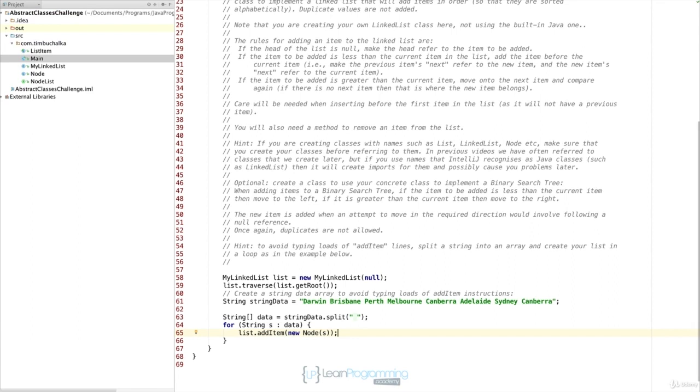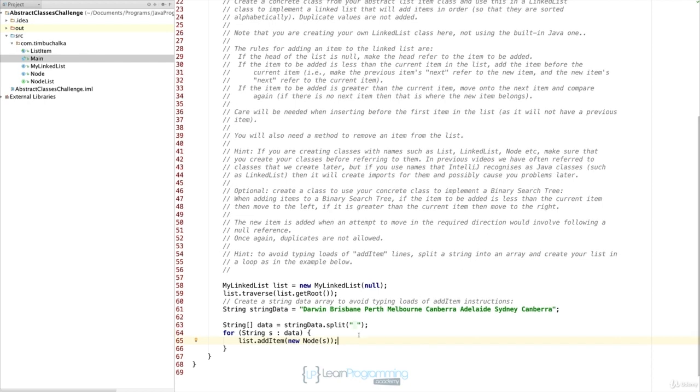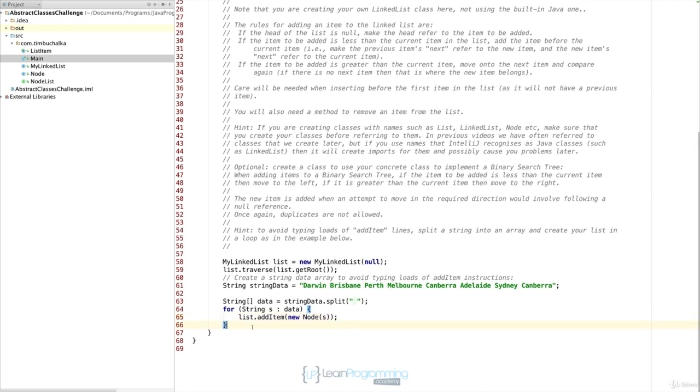And just a confirmation, we talked about that briefly, but the string split method returns a string array, as you can see on the screen on line 63. And it returns a string array containing all the individual items of the string that we defined in line 61. So you can specify the character that separates the items. You can see on line 63, after the dot split, I've got a space. So the space is effectively the delimiter, or the character that separates each key string in that big string itself. So now we've done that, we'll put another list in there,